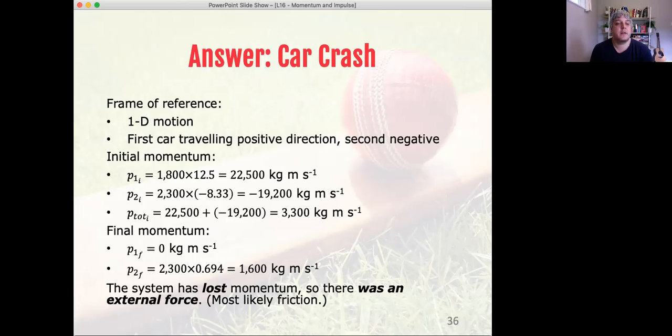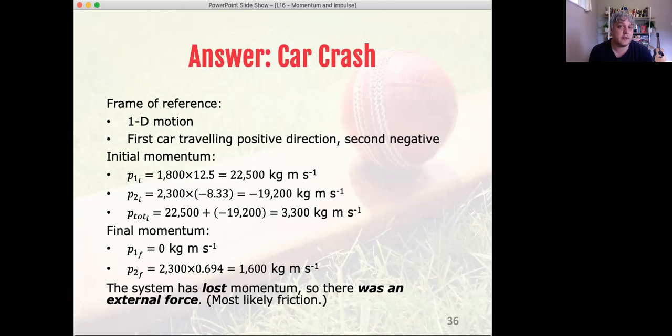So the initial momentum is positive direction, 22,500 kilogram meters per second. The second car, it's traveling in the direction we've defined as negative. So its momentum is going to be negative 19,200 kilogram meters per second. That means our total momentum, we just add them together. Because it is vector addition but one-dimensional, that plus and minus are our directions, so we can just add them together, and it's 22,500 plus negative 19,200, which is 3,300 kilogram meters per second. Our final momentum then,